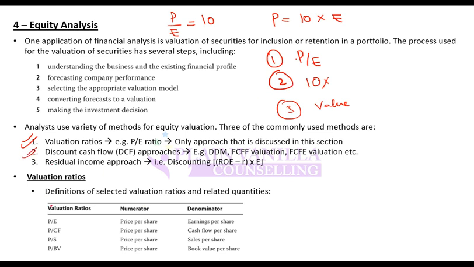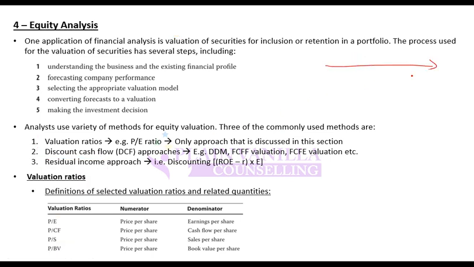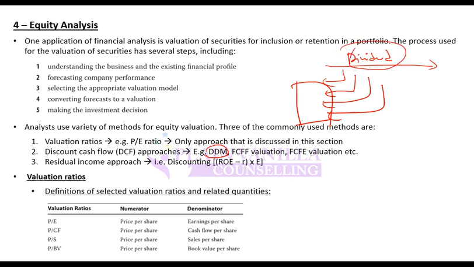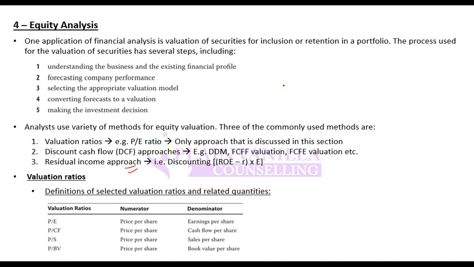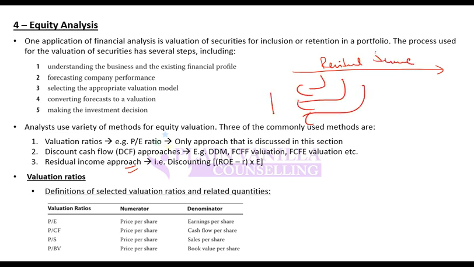For discounted cash flow, I will forecast future cash flows and discount them to present. Now these future cash flows can be anything. Maybe I take dividend as future cash flow; this will be known as dividend discount model. Maybe I take FCFF; this will be known as FCFF valuation. Maybe I take FCFE; that is known as FCFE valuation. In residual income, we again forecast some income, but that income is residual income, and then we discount it back to present, and that gives us the value.